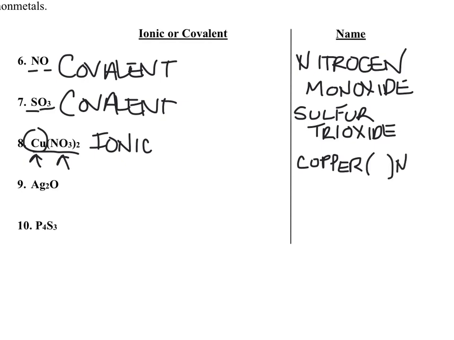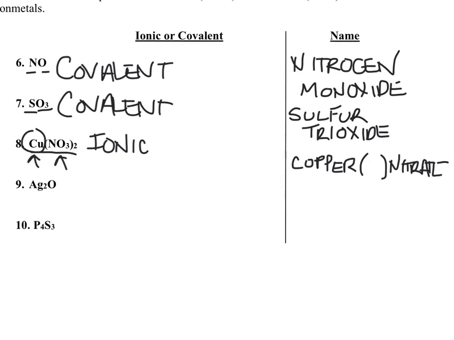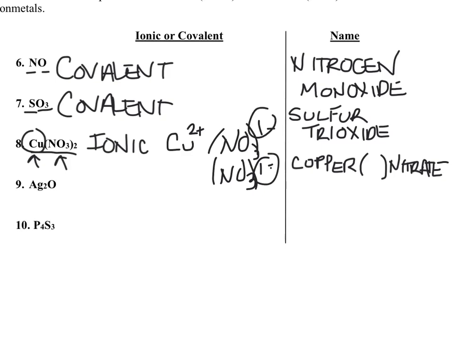Copper, as you know, has more than one charge. So I'm going to leave a spot for a Roman numeral, and we have to figure that out. So if I look at this compound, I've written 1 copper, and it looks like I have 2 nitrates. Now nitrates overall have a -1 charge. So if this is going to add up to 0, my copper has to have a 2+ charge. Why? Because -1 and -1 is -2, and +2 would cancel it out. So therefore, because the charge is +2, I need to let the world know that this is a +2 copper